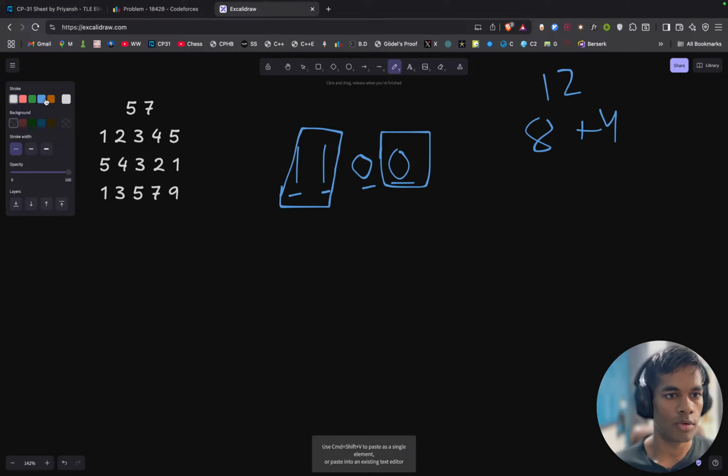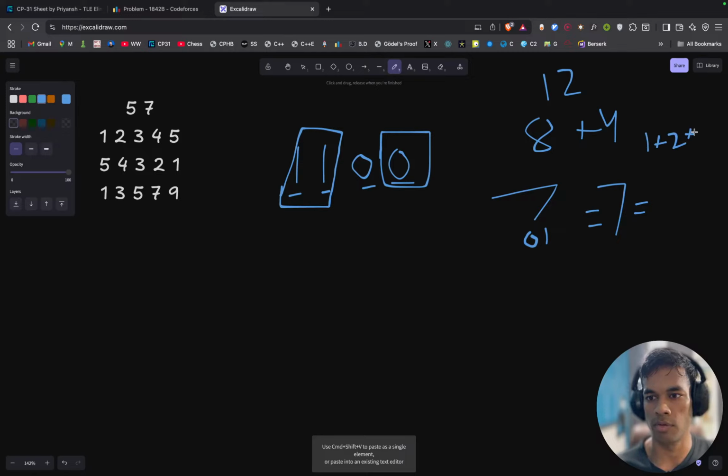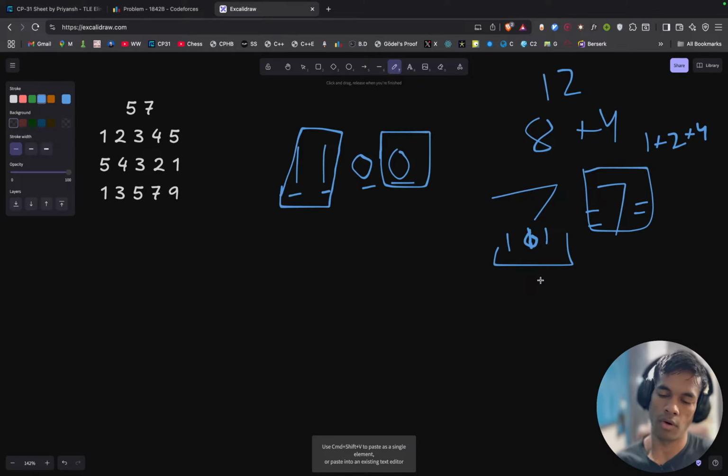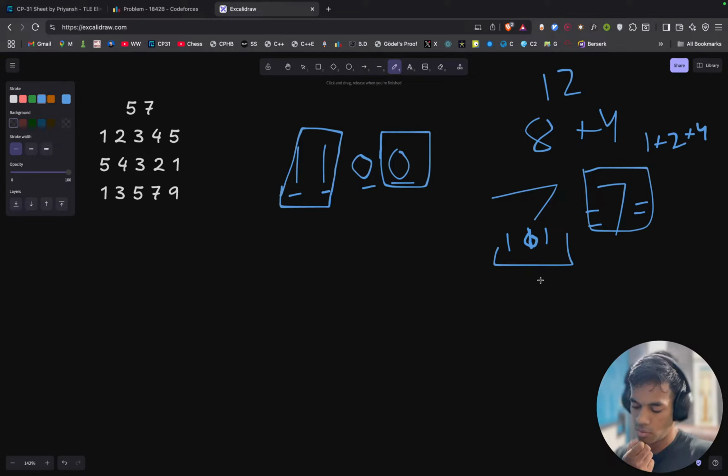If this is the thing that I'm going with, then I need to reach 7. 7 in binary is represented by 1 plus 2 plus 4, so 111. Yes, of course, 7 is 111 and I can take XOR of any number. I can take OR with any number from the stack